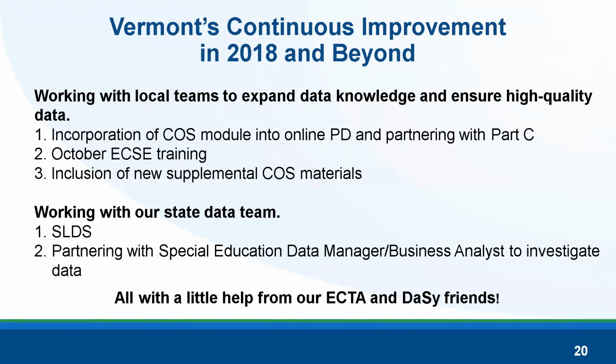Of course, our data, hopefully it is affecting our data as well, and we'll be getting that back in a couple months too. We're in the process of also, as a state, establishing a state longitudinal data system. And so, you know, data quality has never been more important here. We're working with our data team, especially our new special ed data manager. She's been here for about a year, and she's fantastic. And she's really helping us to investigate our data, to make sure we are receiving that high quality information and